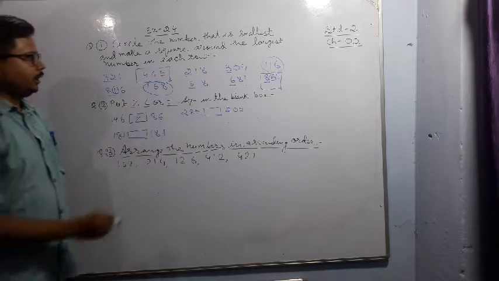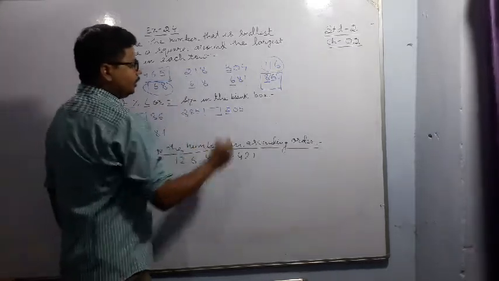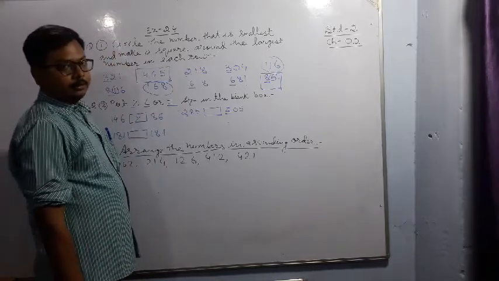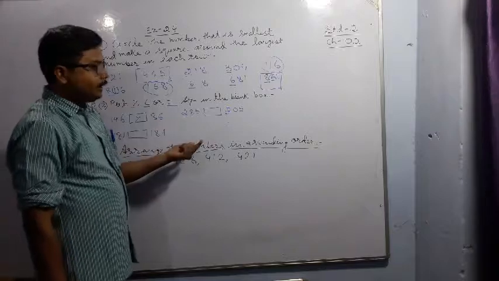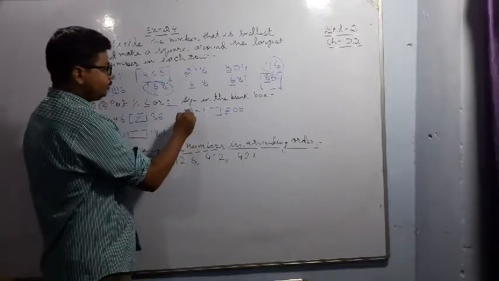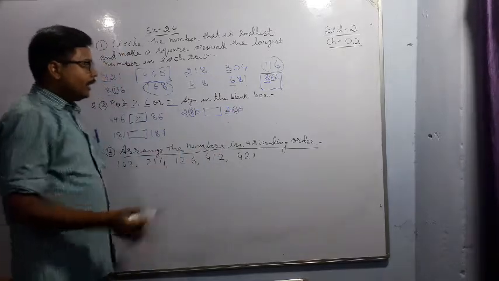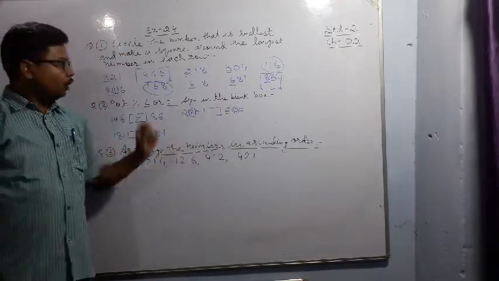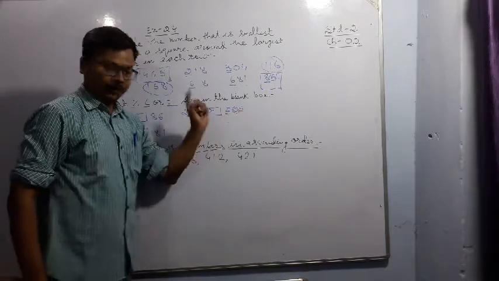Now come to this question. As you can see here in hundreds place, in both the cases 2 is there and both the numbers are 3-digit numbers. So let us see tens place. In tens place this is 8 and this is 0. So since 8 is greater than 0, so 285 becomes greater than 205.